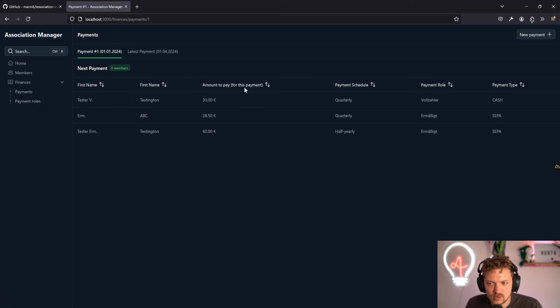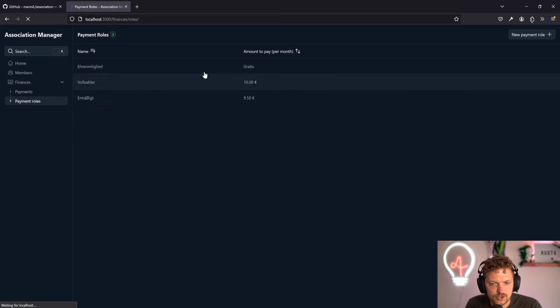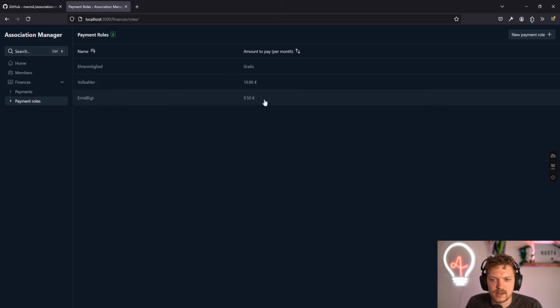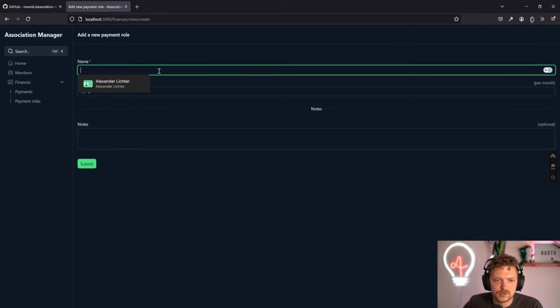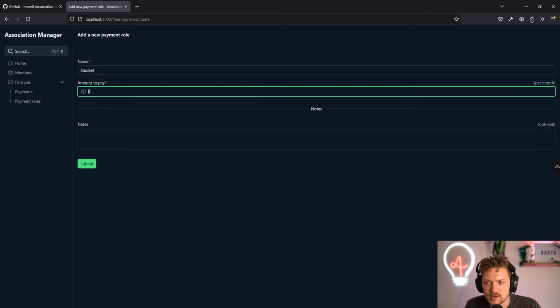Okay, and the roles are very important because the roles here will make sure that we have, like, honorable members that are free. We have the full payment, 10 euros, and reduced 9.50, for example. But we should also be able to create a new one. So we also have that form to say, okay, we can create a new role. Let's say, I don't know, student, and the amount to pay would be 3.50. And the fun part is here,